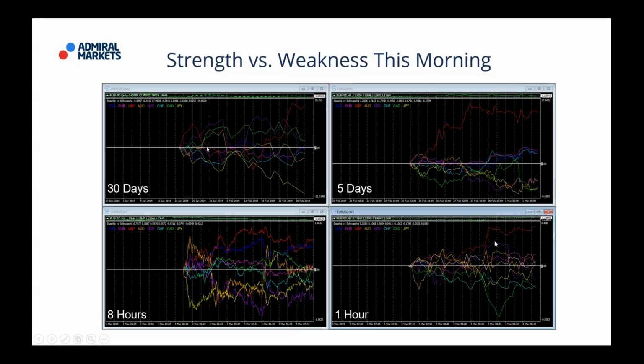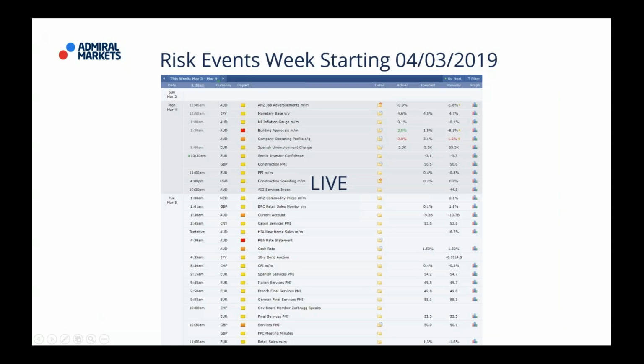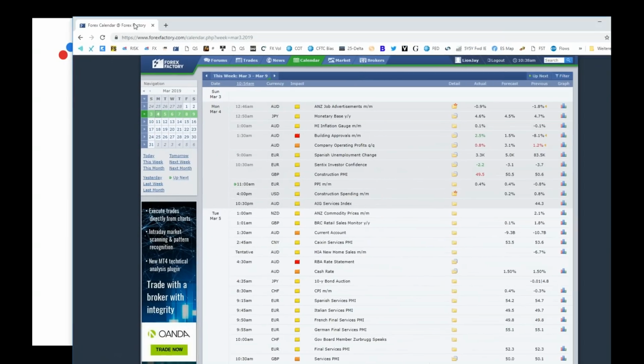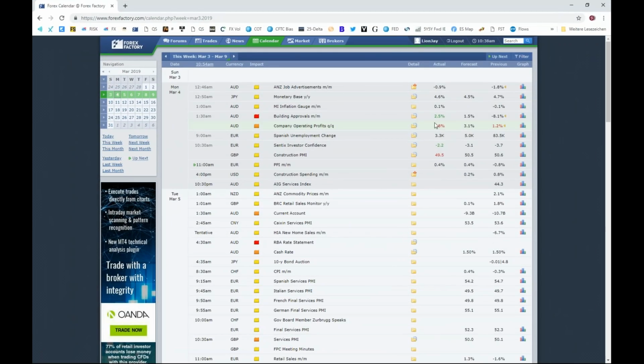All right, euro US dollar. So we saw this pound and dollar strength overnight. Here's a reaction to the Aussie numbers early in the Asian session. There was risk on, and then it was priced out again as additional numbers came in. Let's have a quick look at these numbers while we're talking about them. Building approvals came in better than expected, and that is something the RBA is keenly looking at. That's why we had a positive reaction in the currency. But then company operating profits came in much worse. So we had an up-down reaction, which is not uncommon.